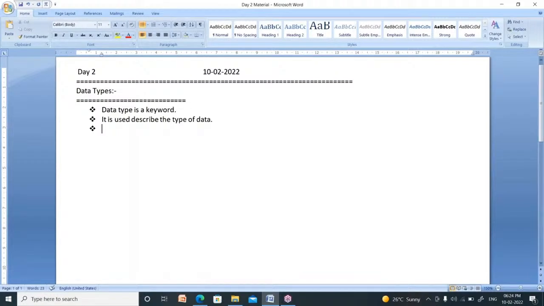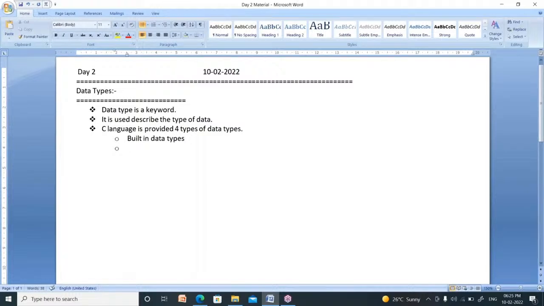Now, how many data types are supported by C language? C language provides 4 types of data types. What are those? One is built-in data types.